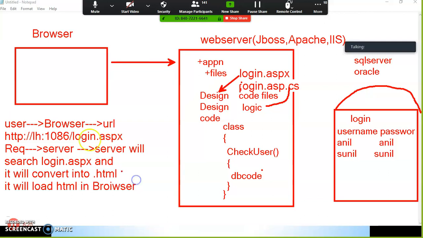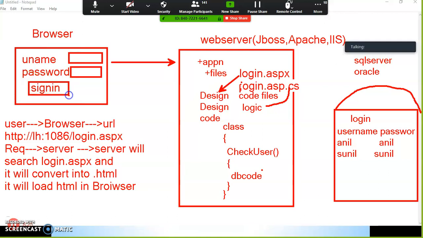Now here I will get the design: enter username, enter password. I will take one text box, one more text box, and one button called sign in. If the request is a get request, going through the URL, then the design code will get executed.